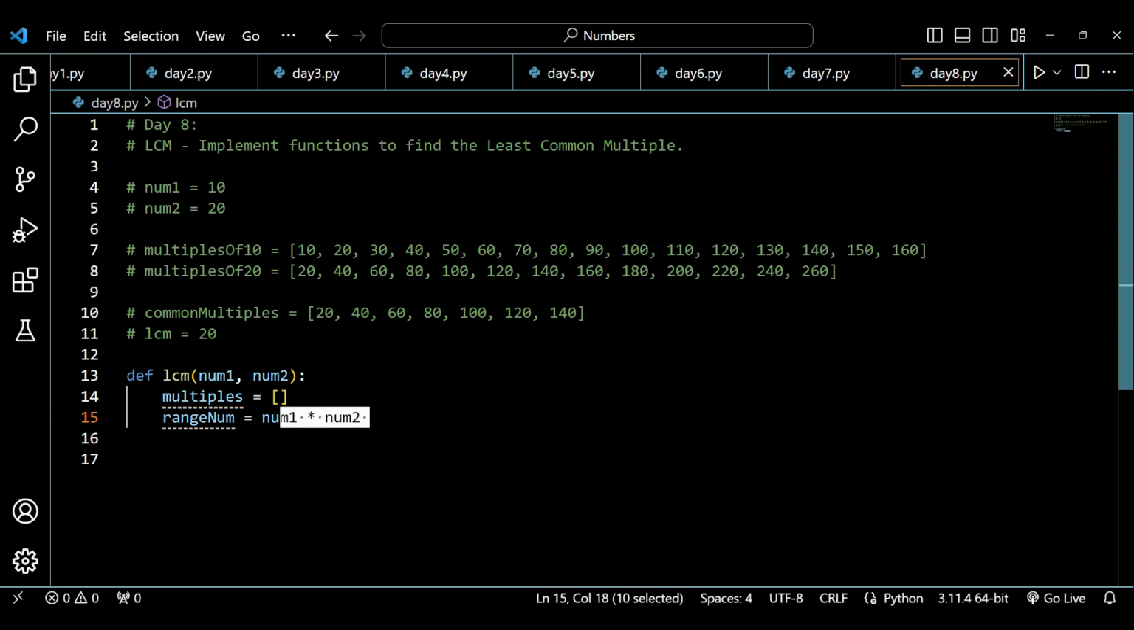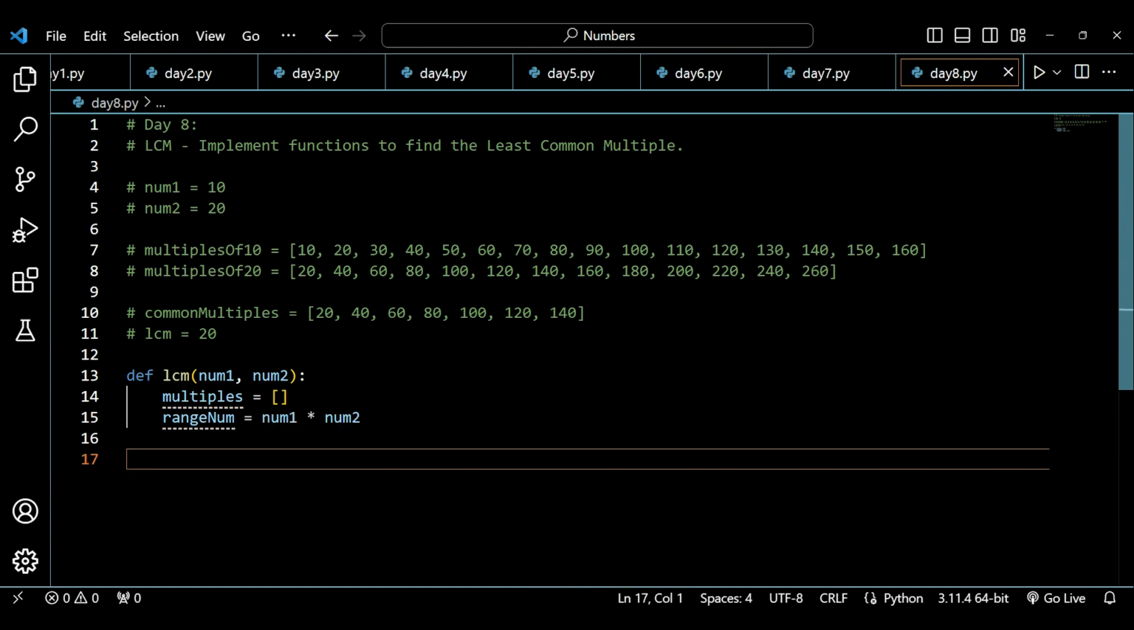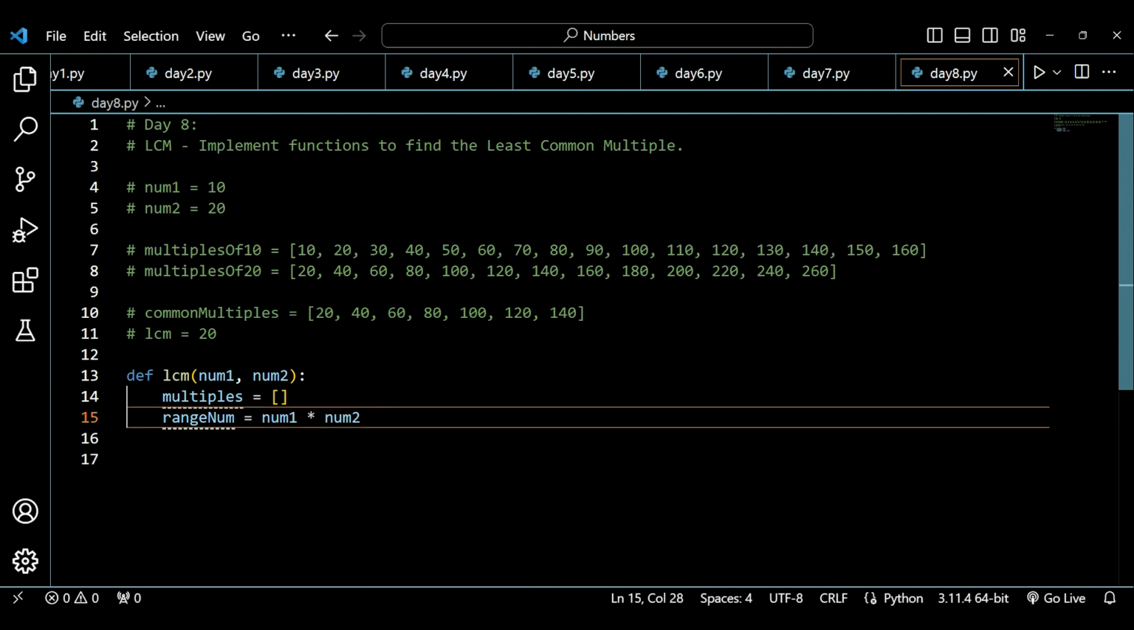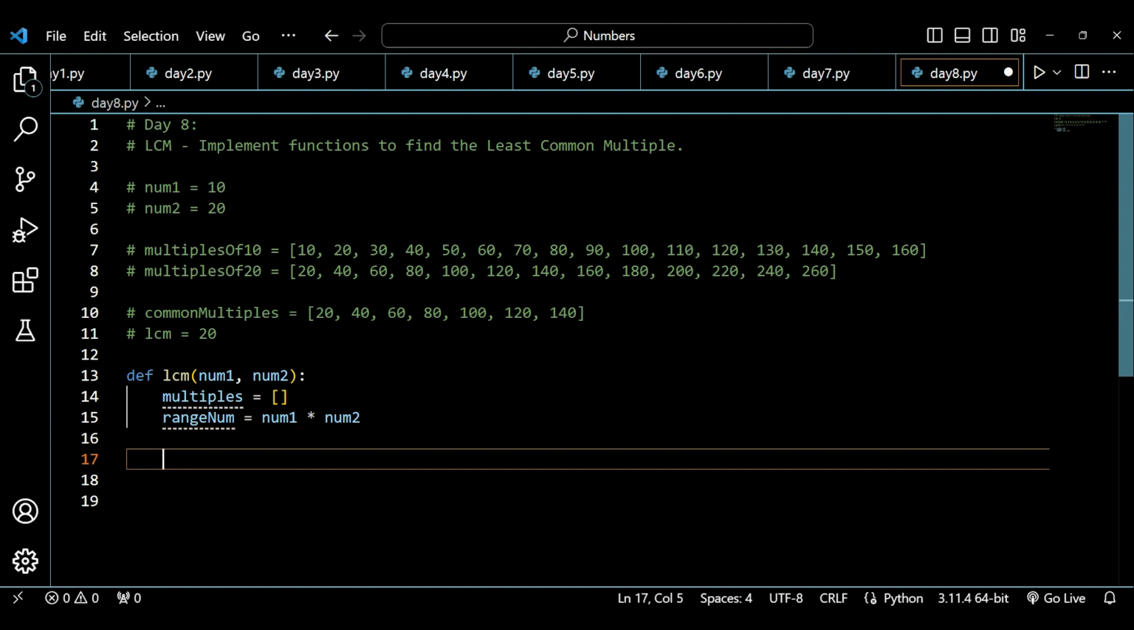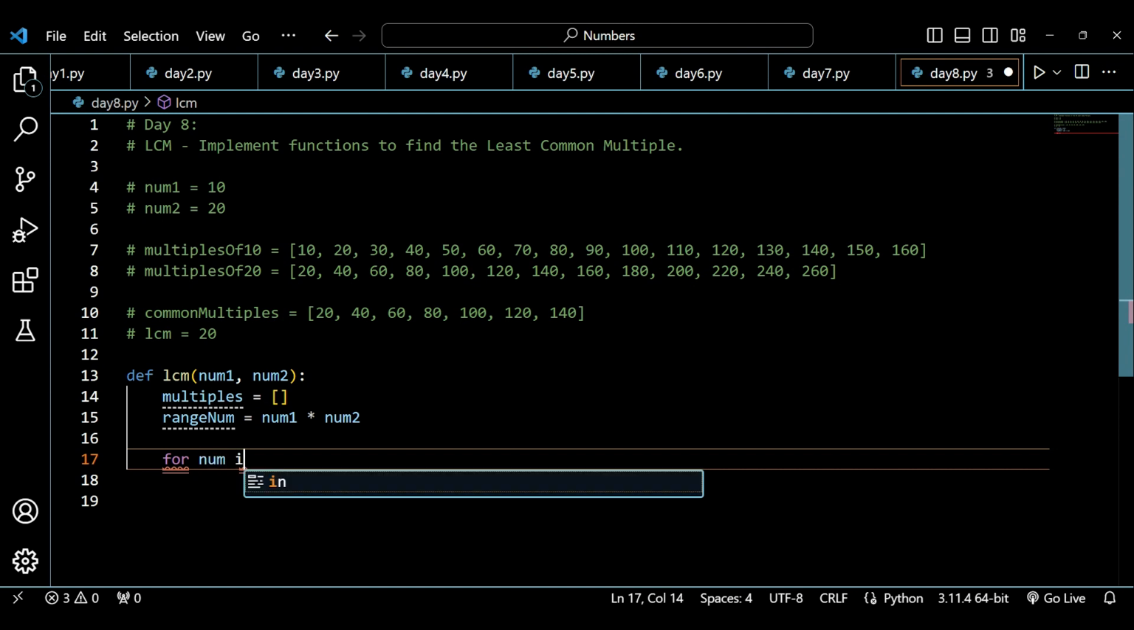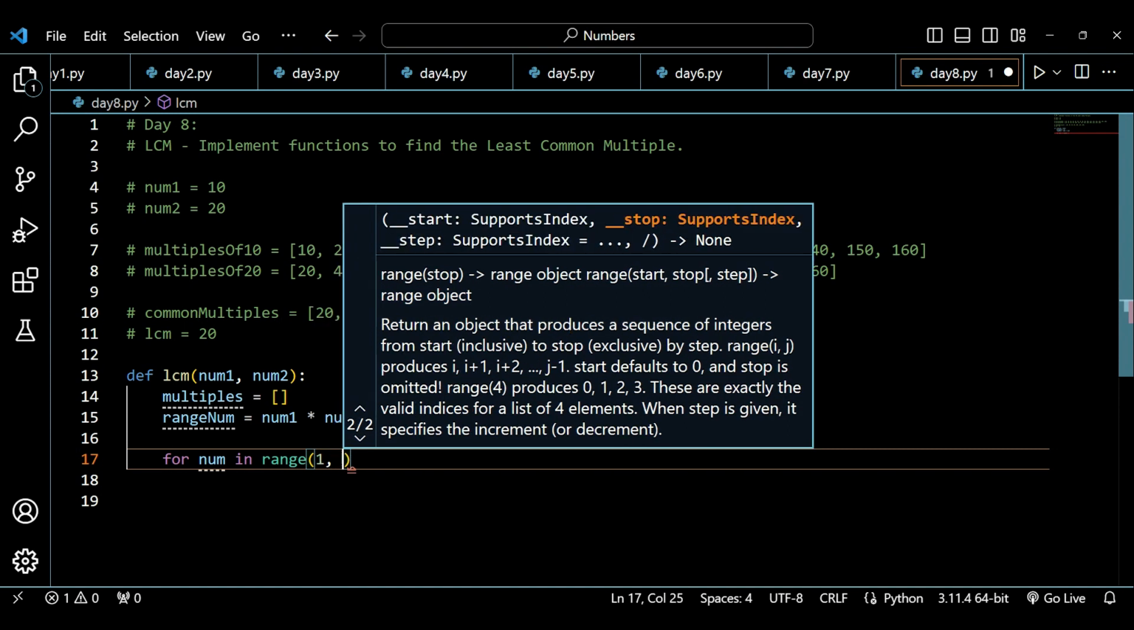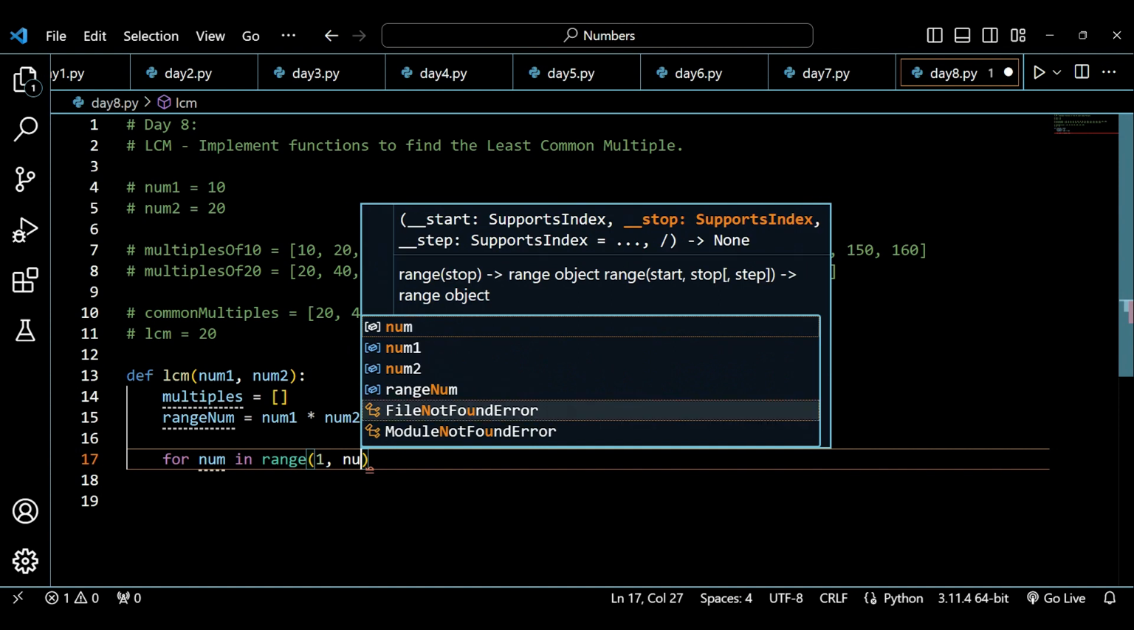If I iterate this till num1 into num2, what will happen? Let's suppose it will be iterating till 200. And if there is no number below 200 which is a common multiple, then we will take this number as our least common multiple. All right, let's do it practically so that you can understand. Let's say for num in range, we'll start it from 1, and I've already told you why: if you multiply the number by 0, it will give me 0 as the count. And if I take range num,